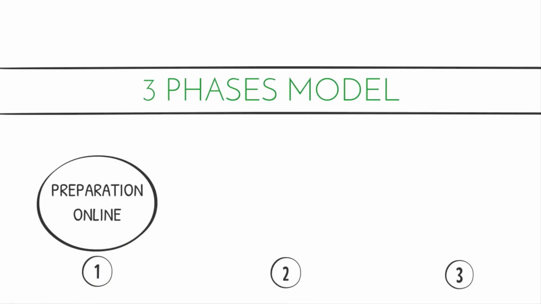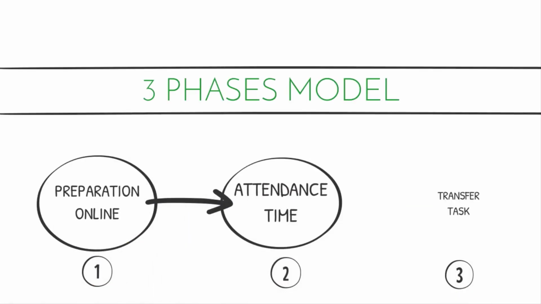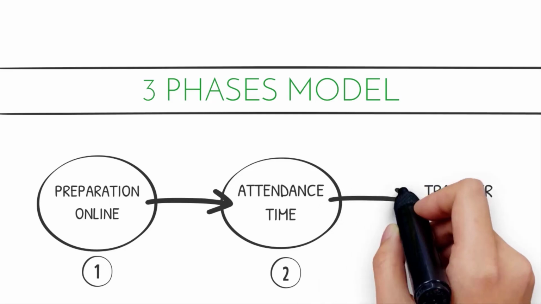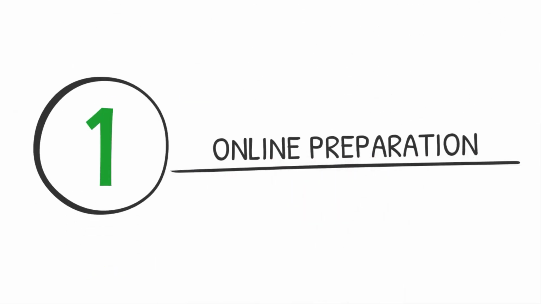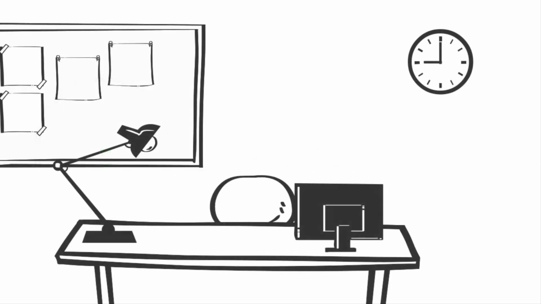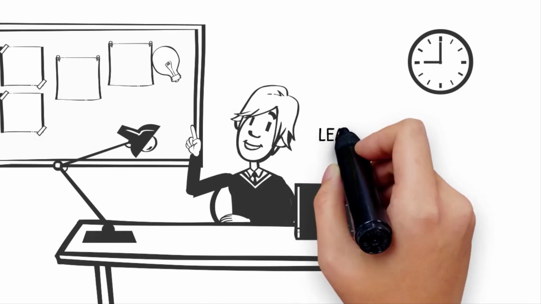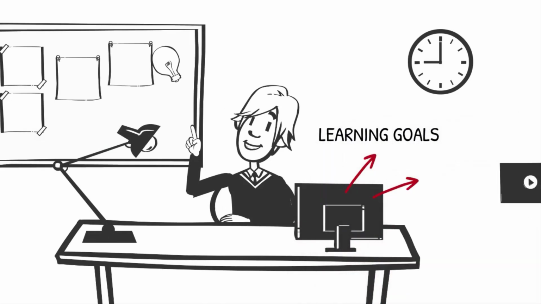it could be implemented at the University of St. Gallen. It is called the three phases model. As you might guess, it is a teaching concept that consists of three phases. In the first phase, students prepare online before the lecture takes place. Students acquire the necessary knowledge through self-study by means of provided learning goals and online materials, such as learning videos